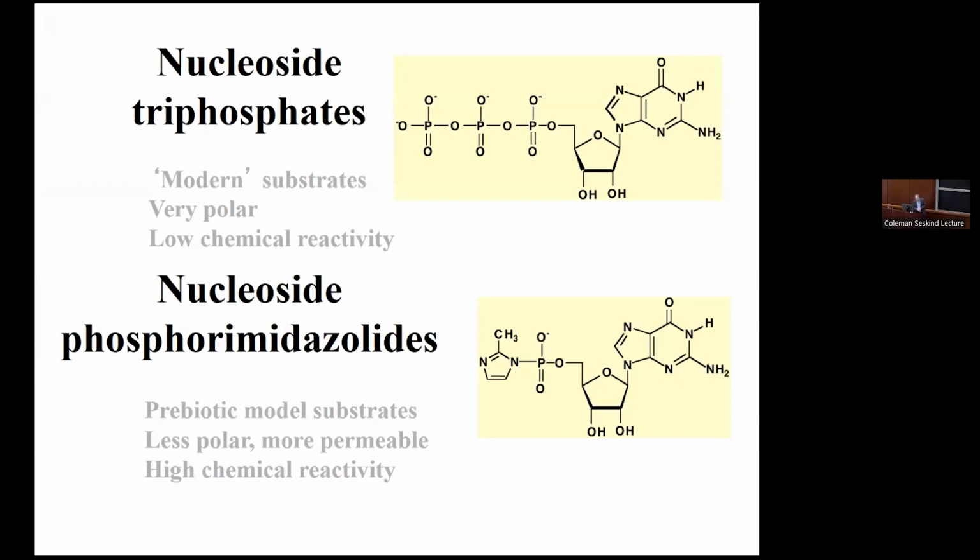Let's see. Okay, so then you have to say, well, what kinds of building blocks actually could click together to make a complementary product strand, right? So the first step in having heritable information is to make a copy of a strand that might encode some useful information. And so this question goes back at least 60 or 70 years. And the late Leslie Orgel is really the person who started serious research in this area.